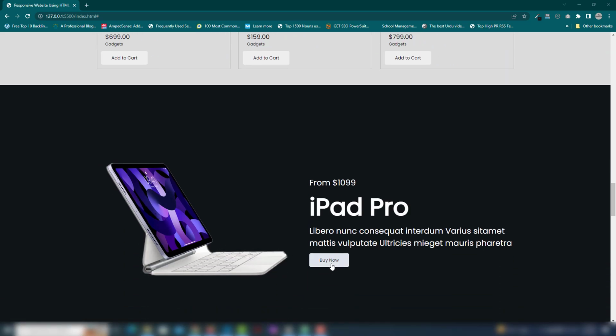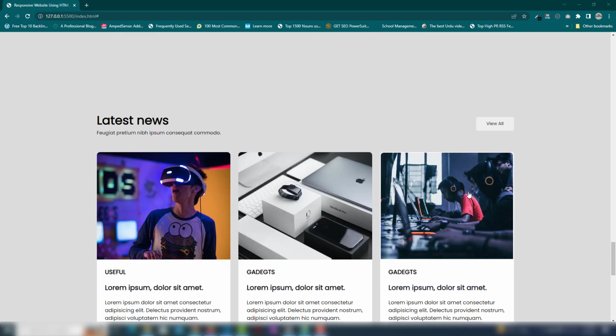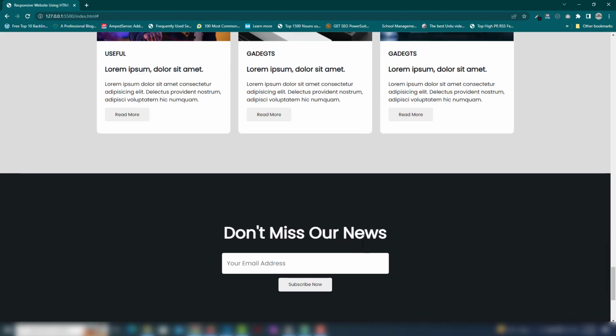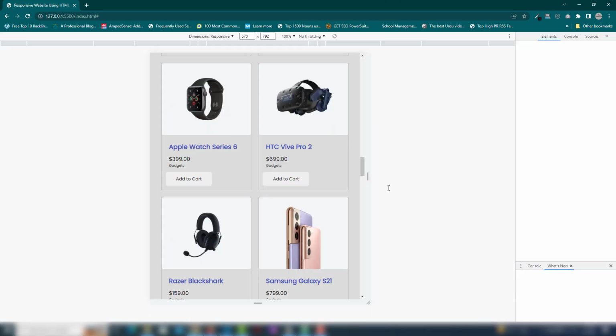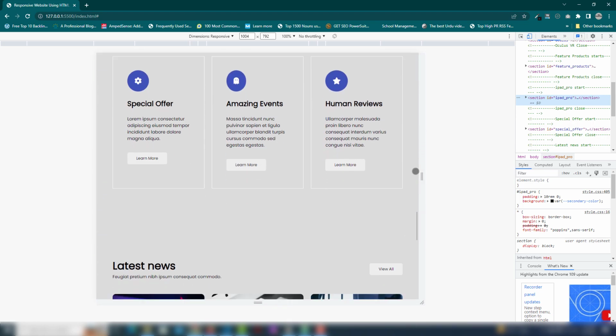It's fully responsive guys. I'm gonna show you in a minute, but this time you just need to know how you can create that. But before creating that, you must have a knowledge of HTML and CSS. So let me show you in the small screen size. So right now, as you can see,